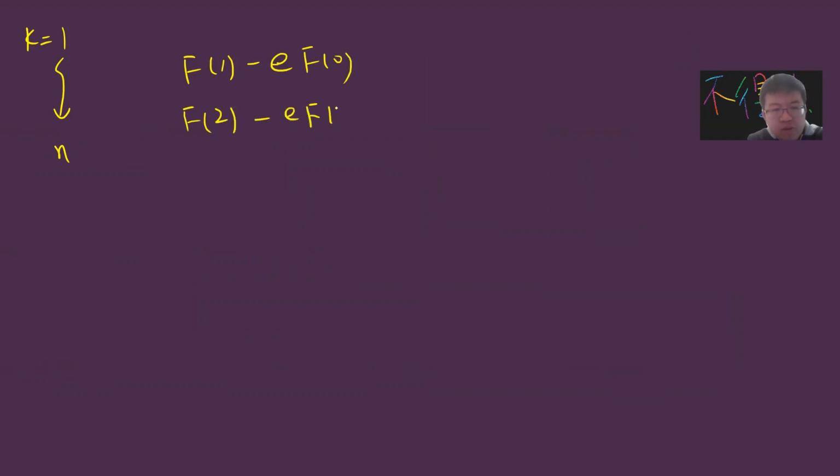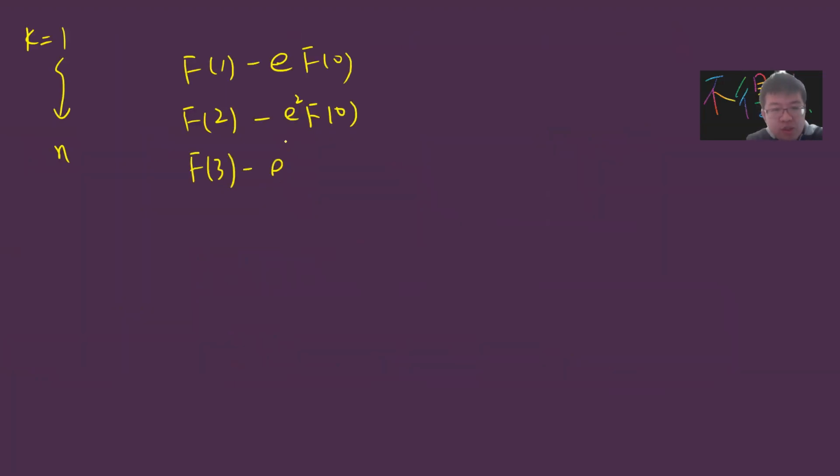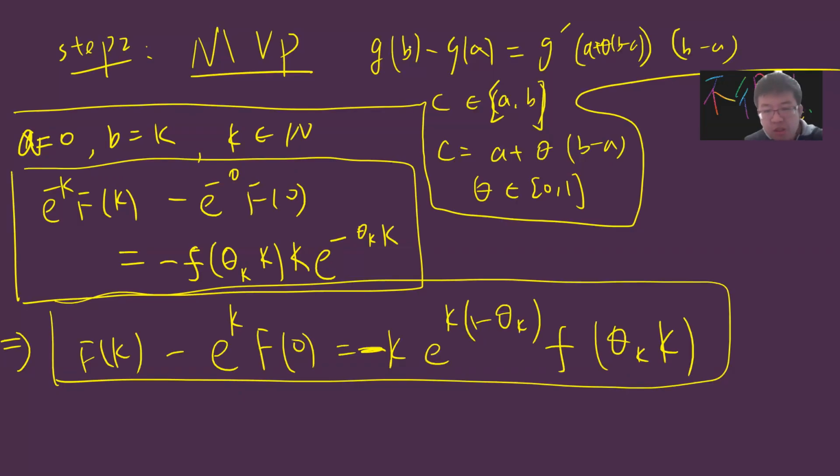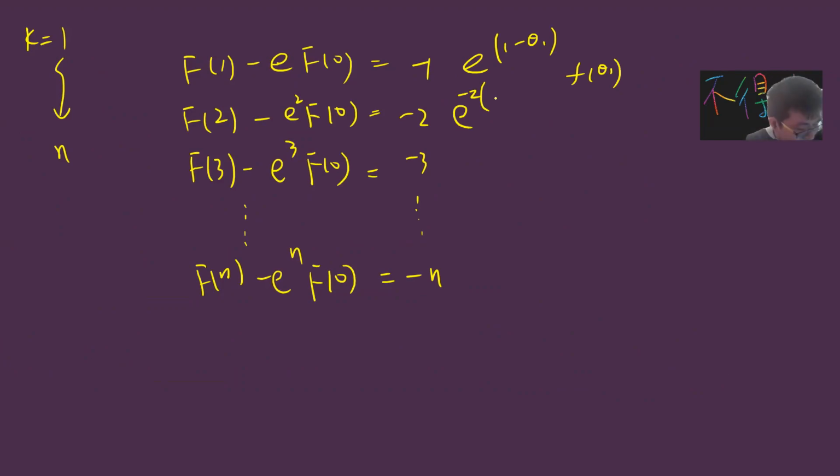Let's say I'm working on k from 1 to n. So I get f of 1 minus e f of 0, and f of 2 minus e squared f of 0, sorry, e squared because there's a k here. And then f of 3 minus e cubed f of 0, up to f of n minus e to the n f of 0. And the right side becomes, with k equal to 1, minus 1, minus 2, minus 3, up to minus n, times exponential 1 minus theta 1, f of theta 1, and exponential 2, negative 2, 1 minus theta 2,